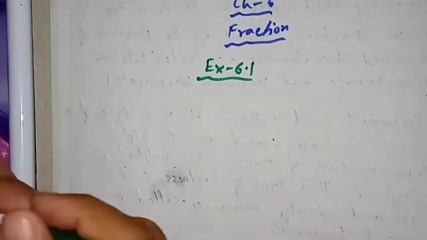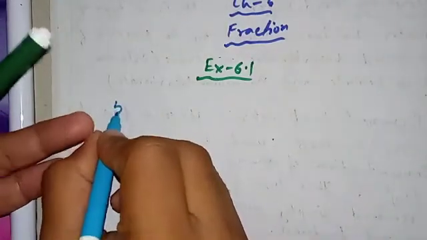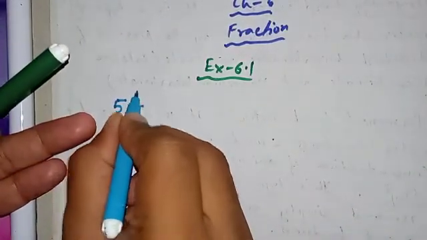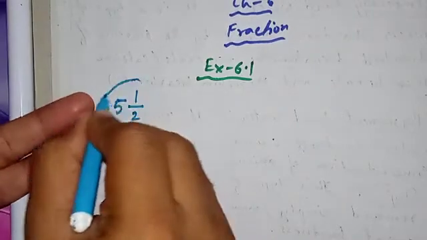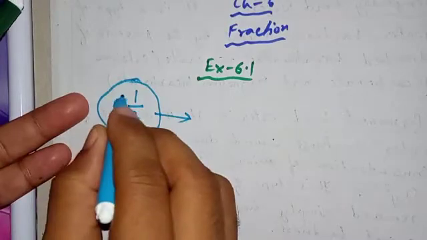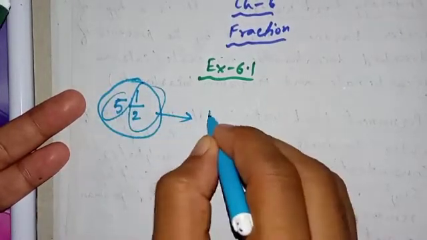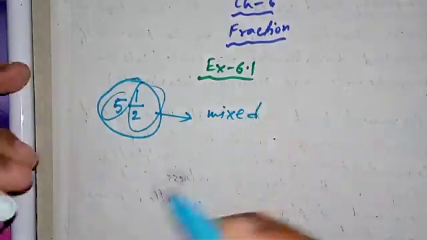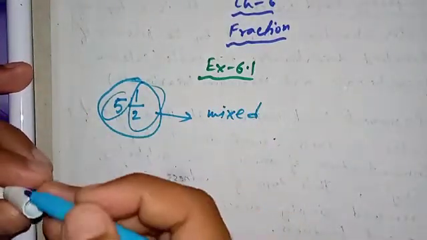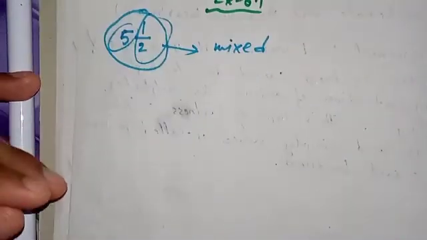Very simple. A mixed fraction is a fraction that looks something like this: a number along with a fraction. So that is why the term mixed is used over here. Mixed is a mixture of a whole number and a fraction. That's why these kinds of fractions are termed mixed fractions. So wherever you find these kinds of mathematical expressions, you say that this is a mixed fraction.